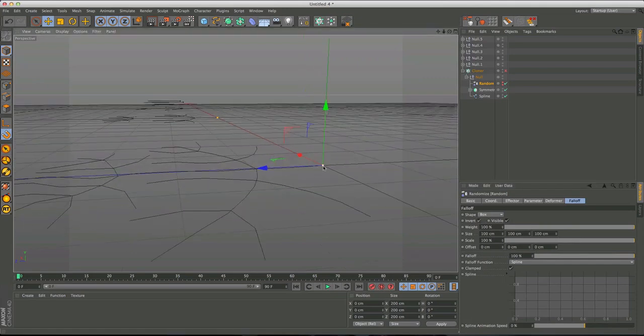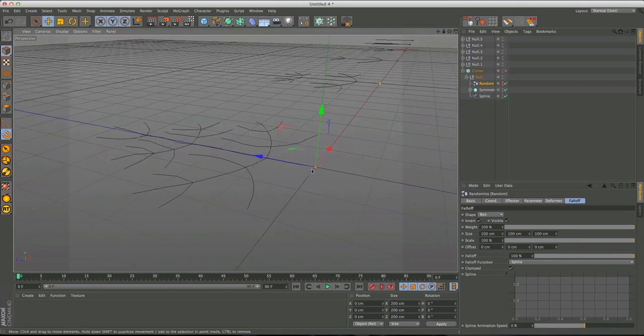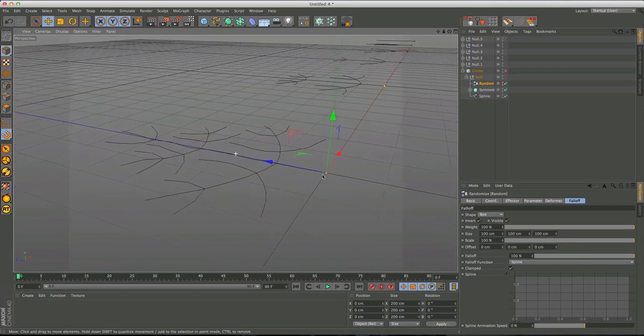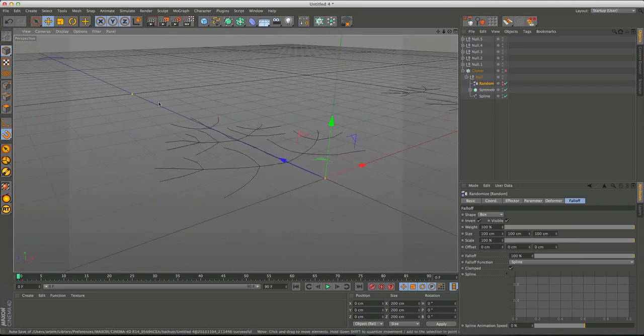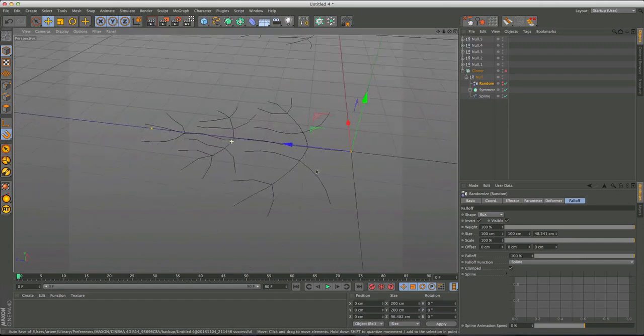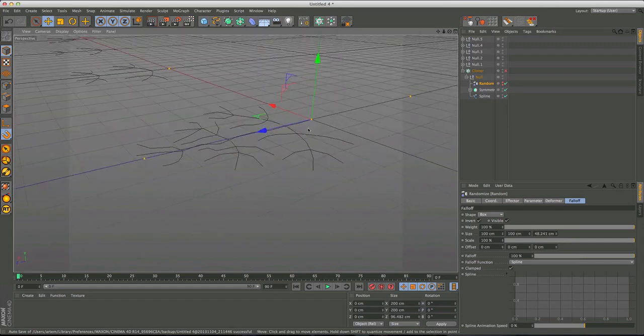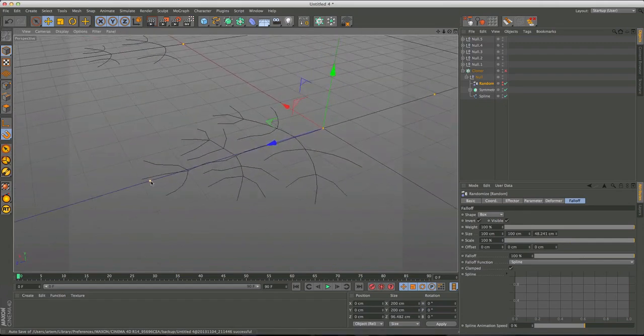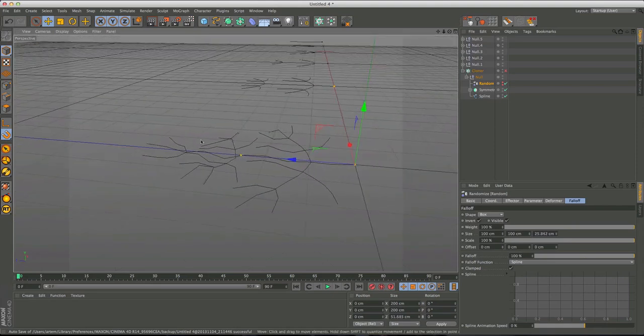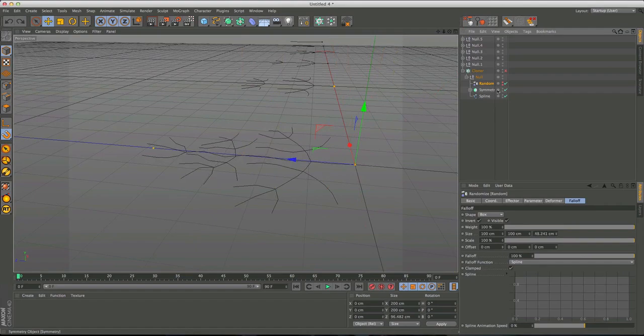So that gives us that in the middle it will be 0, and the further we go from the center of the random effector center, yeah, the more intensive it will get. So let's enable the random effector, and let's maybe